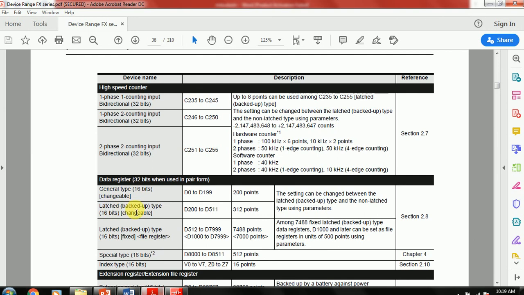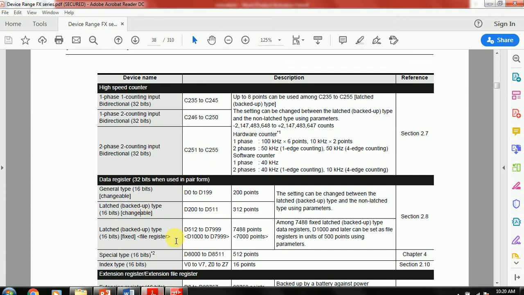This is latched and changeable. Changeable means the setting can be changed between latched type and non-latched type using a parameter. We can use it as latch or non-latch by using some parameter. But these are fixed, and these are changeable.